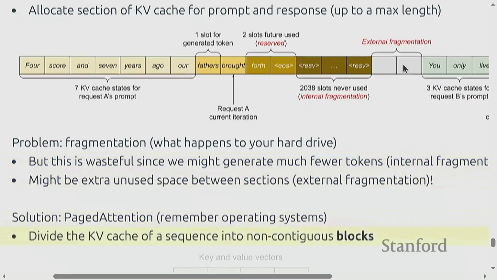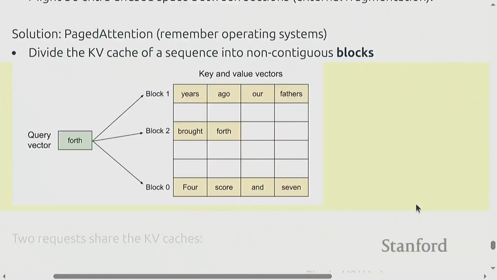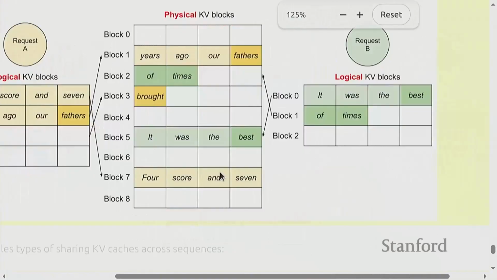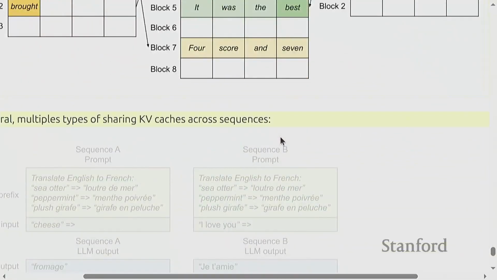So that's no good. PagedAttention basically says, remember operating systems and how virtual memory works: we divide the KV cache into a sequence of contiguous blocks, and then we just put them wherever we find white space. If you have two requests coming in, the first request might be here, here, and here, and the second request might be here and here. The blocks are the things you keep contiguous, and that gives you time to coalesce your memory.